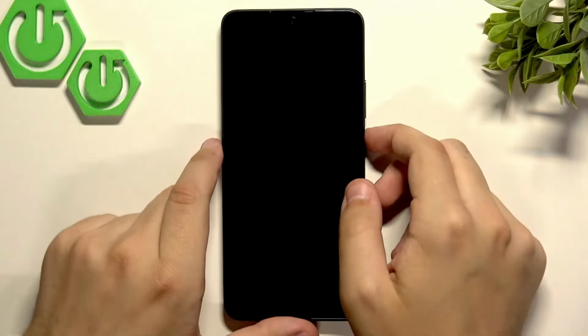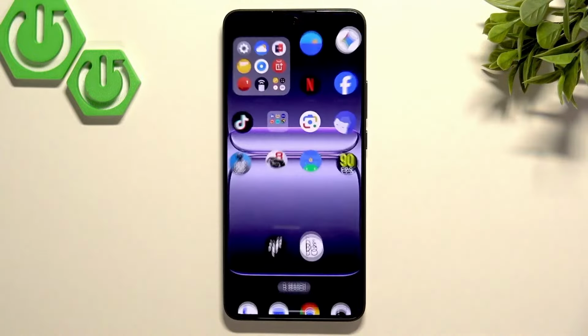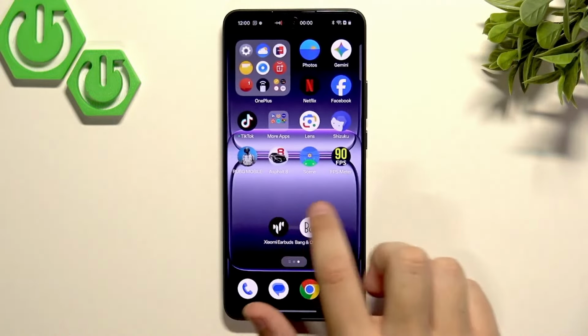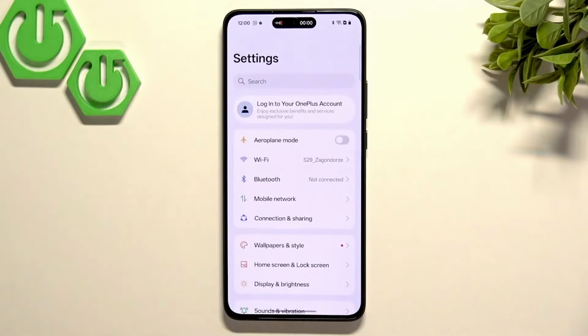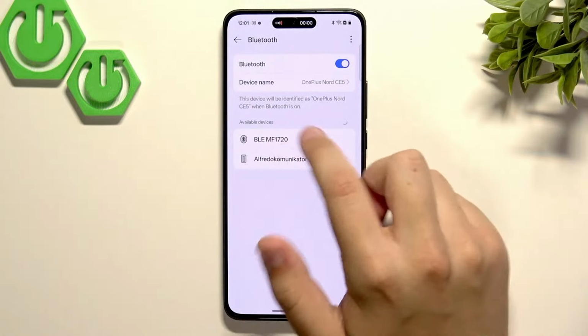So first you need to check your headphones, so test them with another device to make sure that they're working. And make sure that you have your Bluetooth enabled. So go to settings, open up the phone. Now here, let's go over to the settings, and here make sure that Bluetooth is enabled and that your device